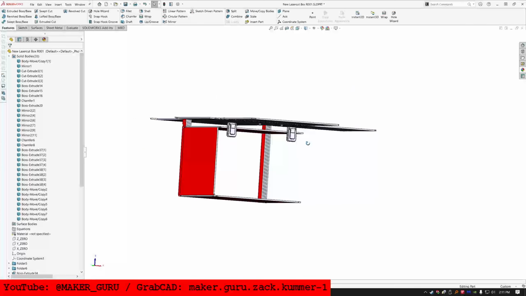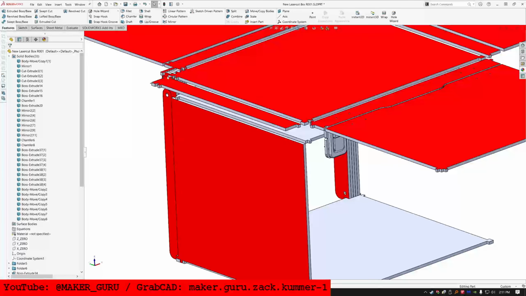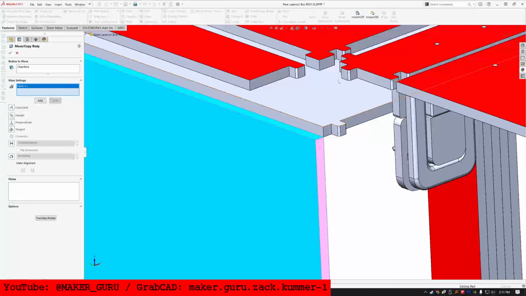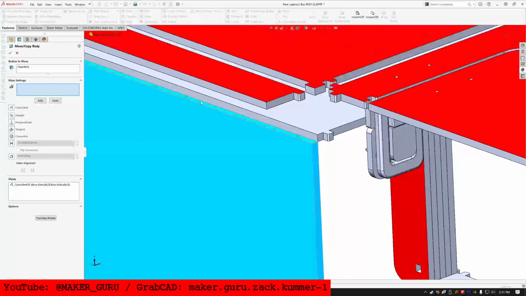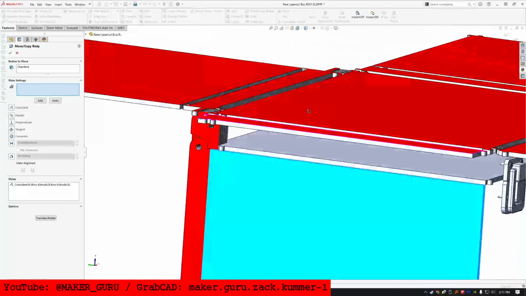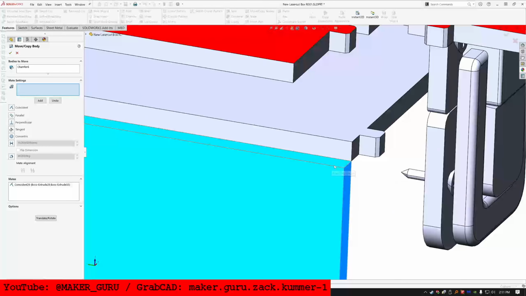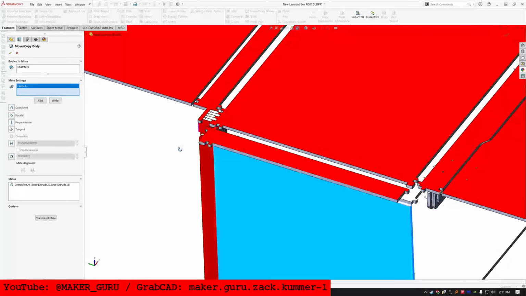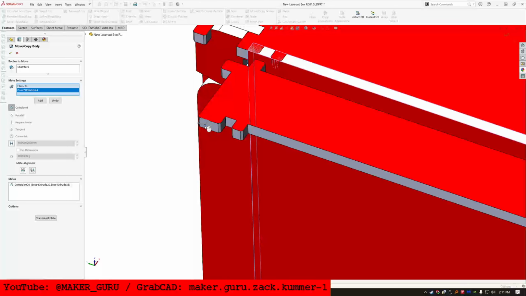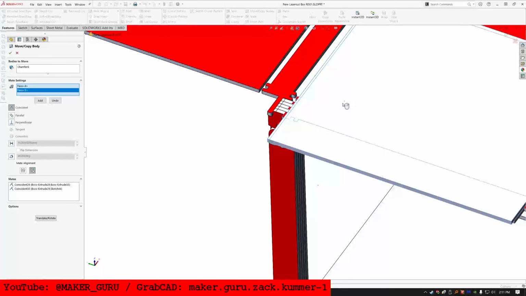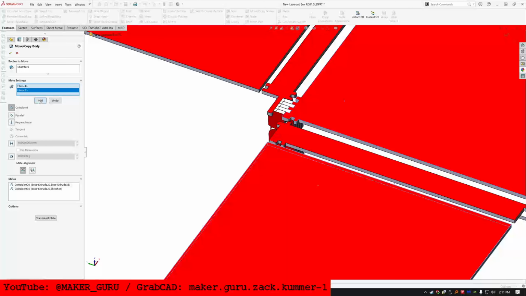Then I suppose the side should be flipped up as well. And it doesn't need the first tooth, because it's the side, yeah. Coincident, and that, add,